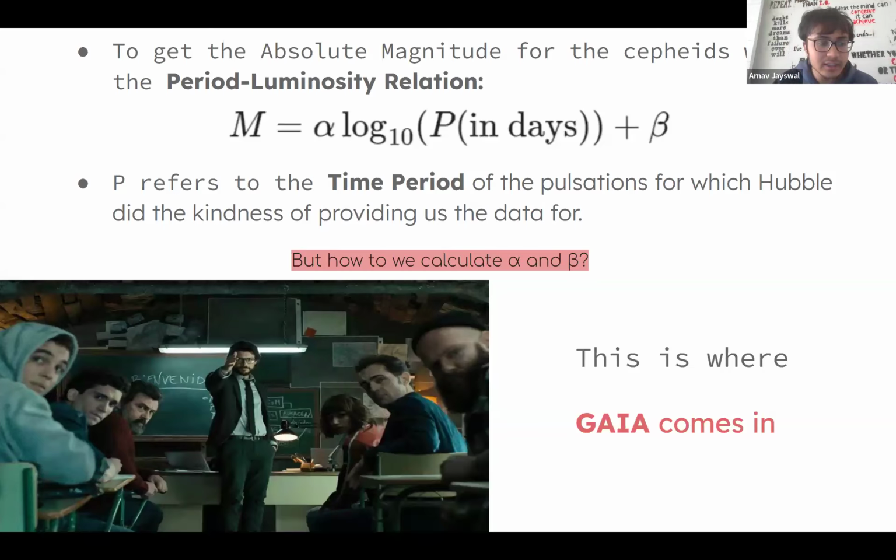So Gaia is basically a telescope which was sent up, and it has calculated a lot of important data, like the parallax angle, the apparent magnitude, and a lot of other important properties of stars. We'll look into that later. So yeah,